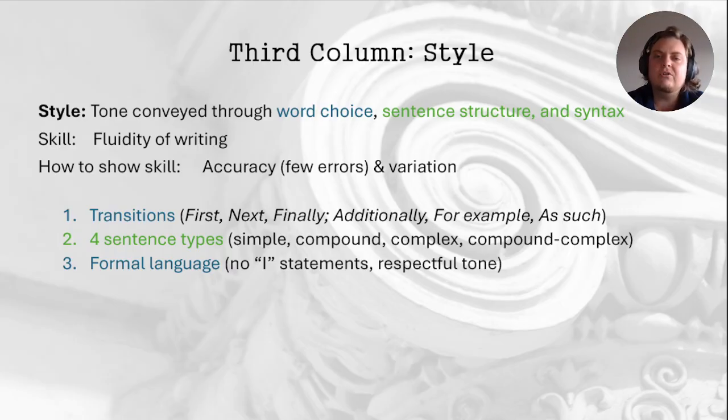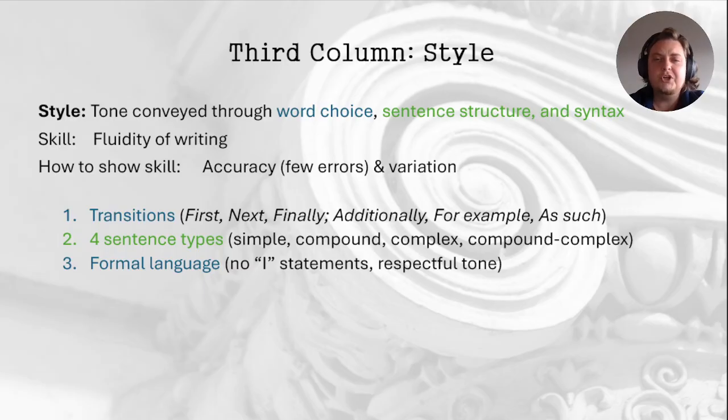And I color coded those words there so that you can see exactly how we're going to achieve that, based on the different criteria that are under each column in the rubric. So under style, what skill are we trying to hone by achieving high marks in the style column? What skill we're trying to cultivate here is the fluidity of your writing, the flow of your writing, and how readable it is. So how to show off this skill is, well, mostly by having few errors in terms of,